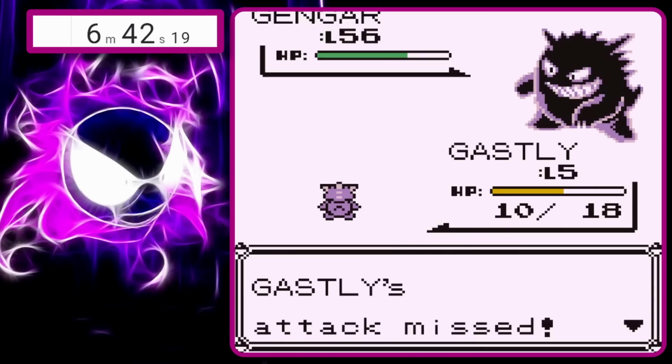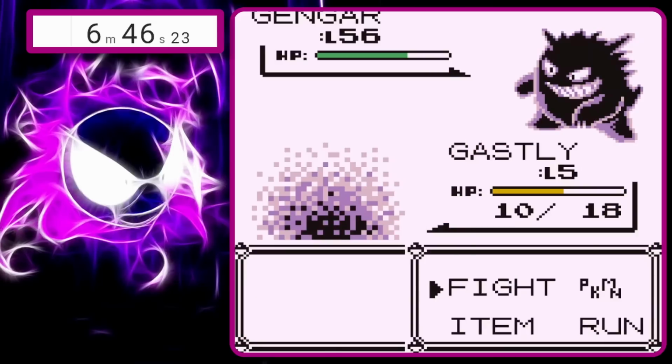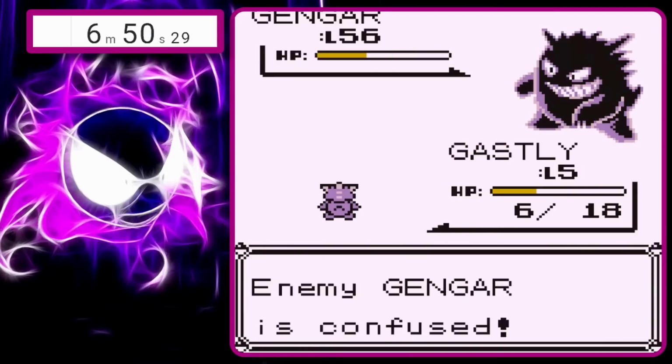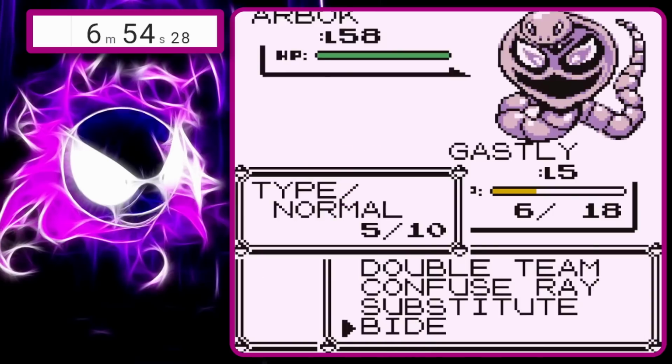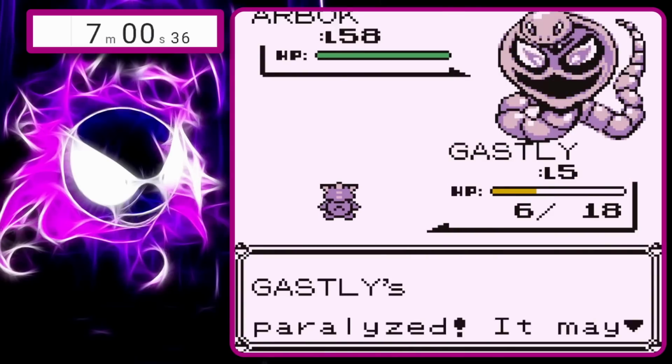Now let's try this again. Here we're going to try to take out this Gengar. Fortunately, we have 6 double teams set up, so even when it put us to sleep, we didn't get hit. And here it's just a matter of, can we get the luck? There we go. Now against Arbok,